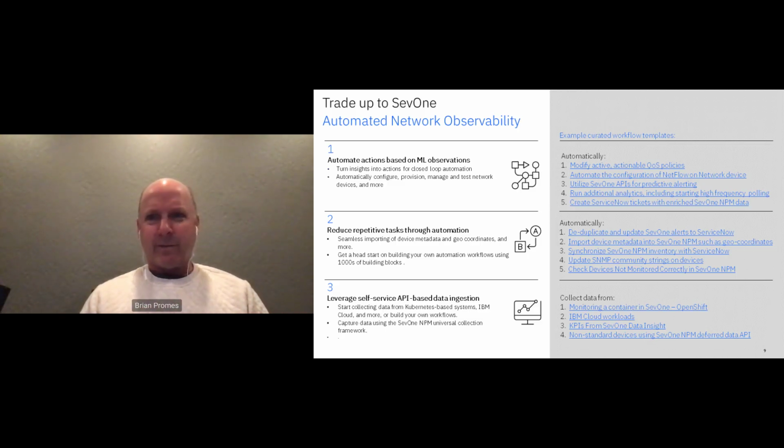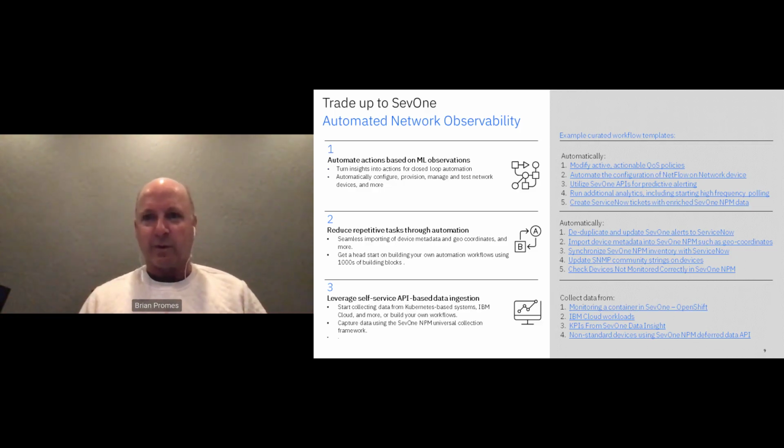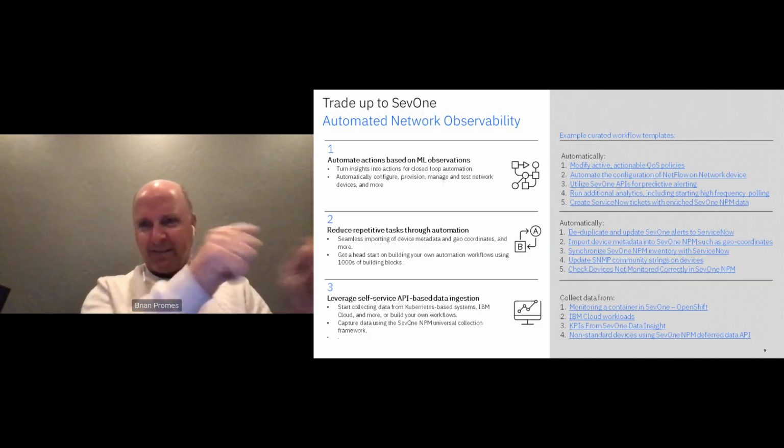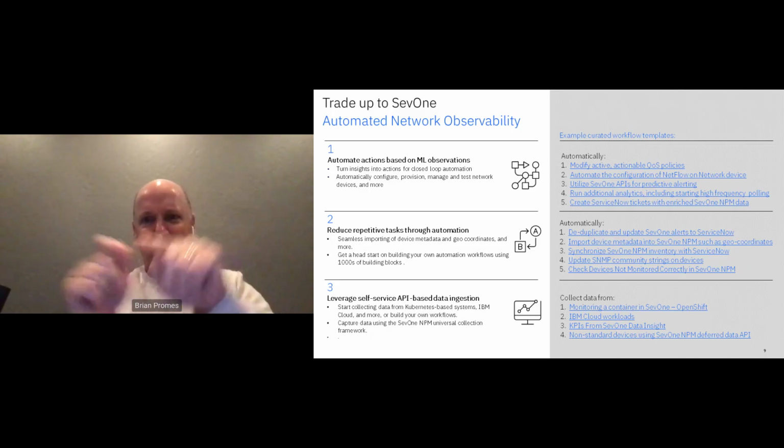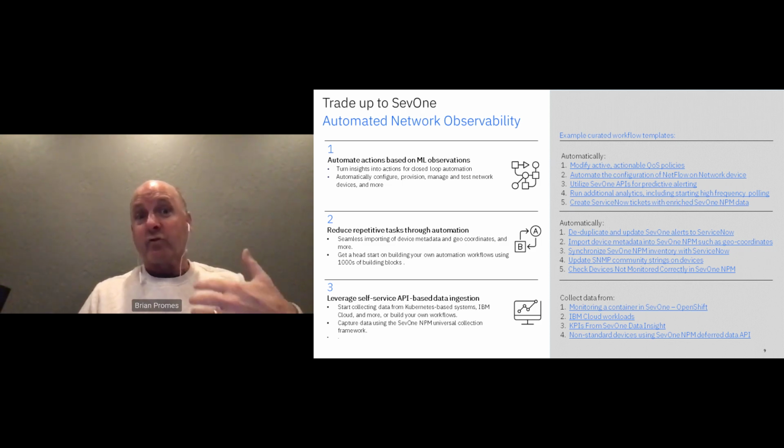But if a week later you want something else, you can go to the building block, make the adjustment, and off you go, right? It's not yet another big project that you need to involve multiple people and teams with. You have levels of ability and control to define, almost in the same way, what data you want to collect from your devices. And now it becomes, what data do I want to begin to automate into other activities and share between systems? It just gives you that much flexibility and control over the use of your data across the IT